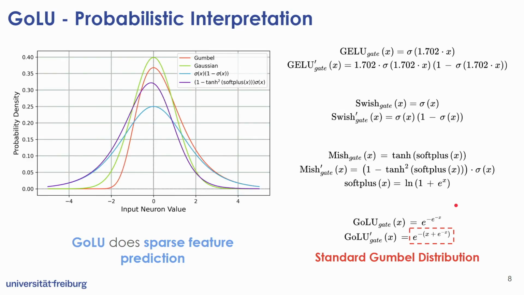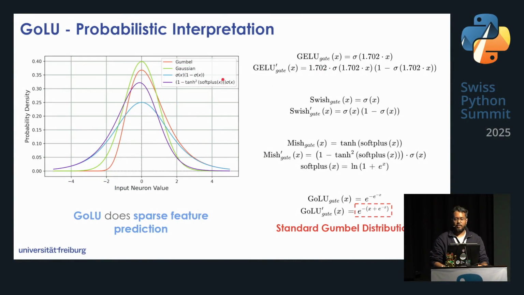Speaking of the probabilistic interpretation, as I mentioned about the right-skewed probability distribution, we also consider the Gumbel distribution as our prior. And we take the Gompertz function, which is actually a cumulative distribution function of the standard Gumbel probability distribution. So that was our prior. So if you see all the respective probability distributions here, which are also the first derivatives of the respective S-shaped